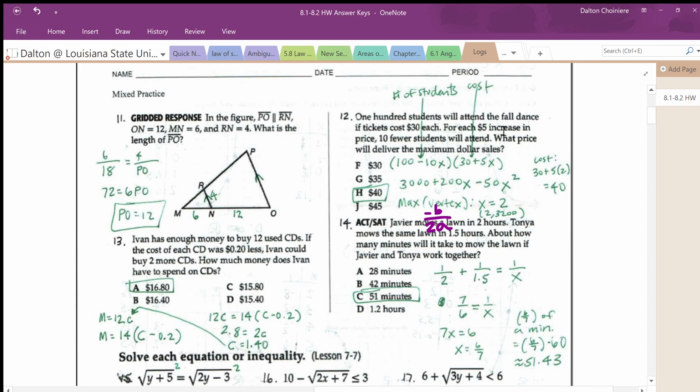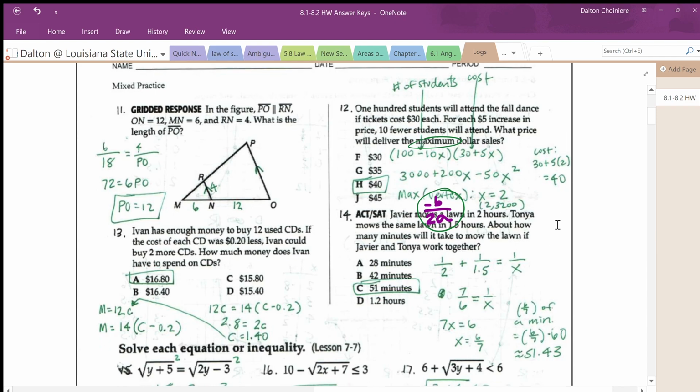Number 12, we did these exact types of questions a few chapters ago where you have one binomial representing your number of students, and then based on the money dropping, you would have your second binomial represent the cost. When it talks about the maximum dollar sales, I actually plugged this in my graphing calculator. Your maximum is going to be your vertex point, which is found by doing negative b over 2a. And then that would let you solve for x, which you then plug back in to figure out the